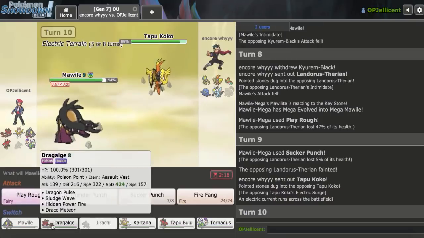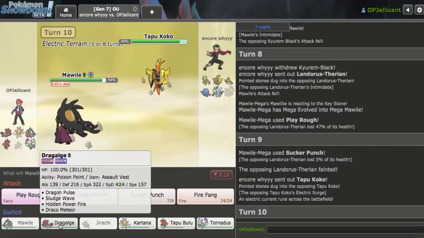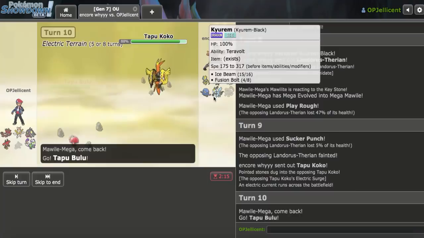Tough play. Because Dragalge is my pivot, but they get a kill with Kyurem. What did their Ice Beam do? Do I need Dragalge here? It's just click Sludge Wave, that's the thing. Okay, let's go Bulu here. Get that Kyurem in range of my...